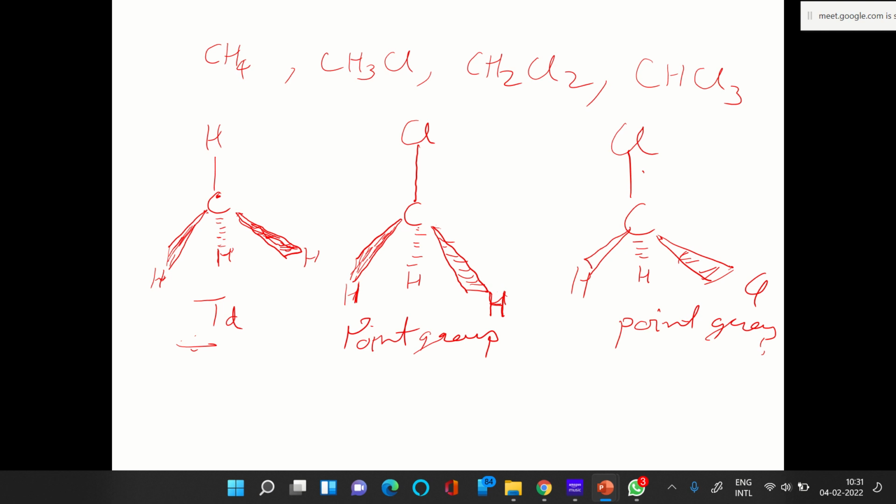so yes, now tell me, what will be the point group? What is the point group of CH3Cl? How do you start with this? Find the highest order axis. What axis is present in this molecule? C3 will be there, the C3 axis is visible, and along with C3 you also have sigma v. Yes, 3 of them, right? If you think this way, you can easily account for the point group. So this is C3v,